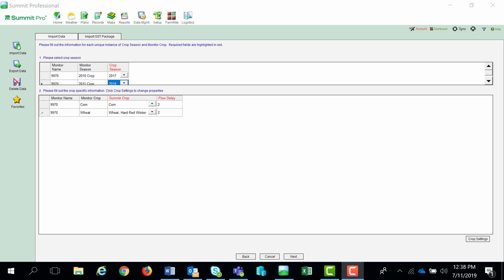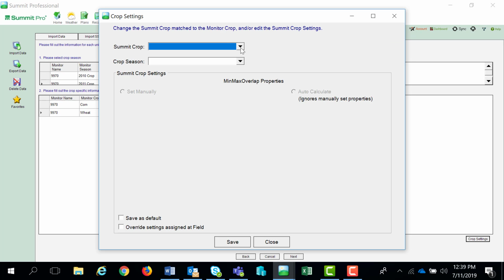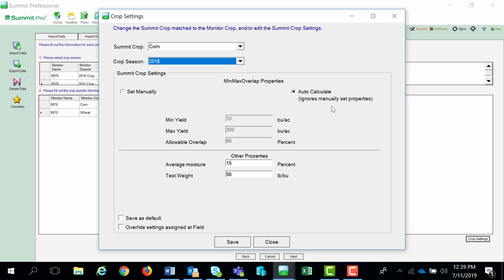When you're importing yield data and you get to this page that has you select the season as well as the monitor name, the crop, and all of that, down here in the bottom right corner there's a crop settings button. Once you pick the crop that you want to work with for the season you want to work with, you'll notice that it always defaults to the auto calculate. Now it does not use these numbers, that's in there just from a previous time I've done importation of